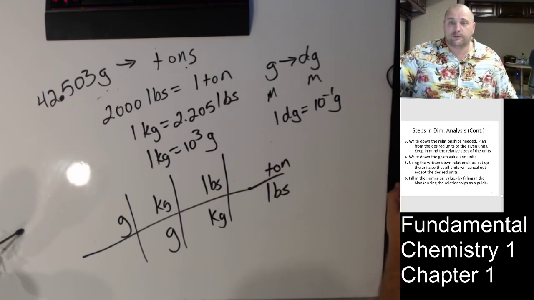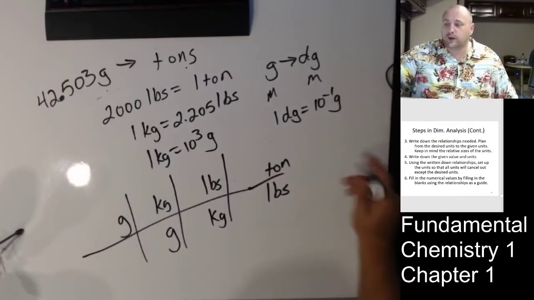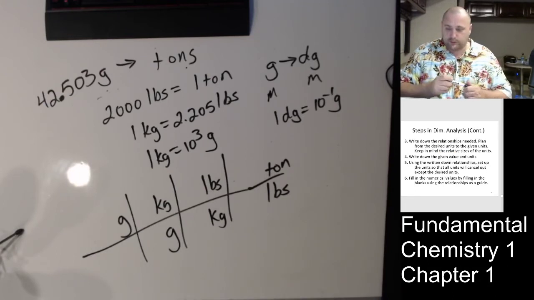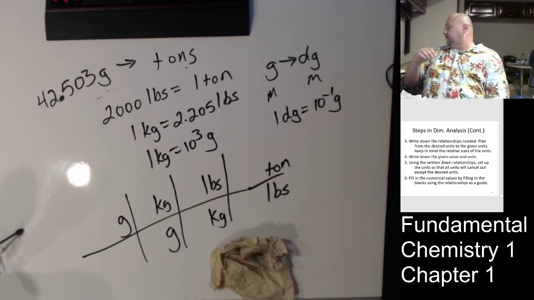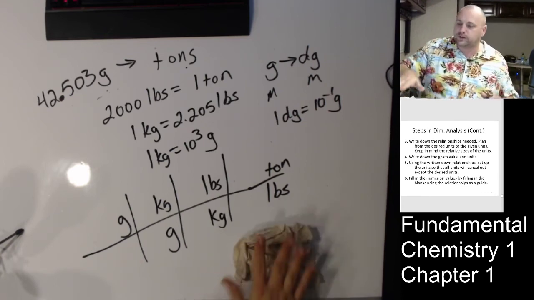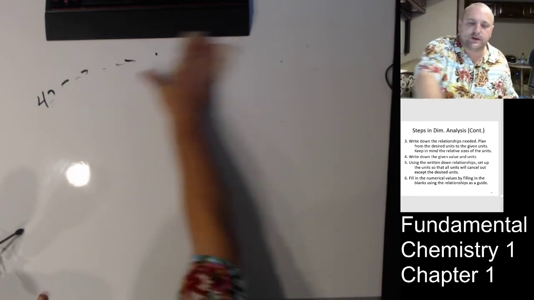All right, so when I come over here, DAG is 10 to the 1 and D is 10 to the minus 1. So that's one step. Knock it out, no problem. Okay. All right. Let's see. Were there any others that might be tough? Inches to feet, feet to yard. Those aren't too bad. So then it asks us to do this